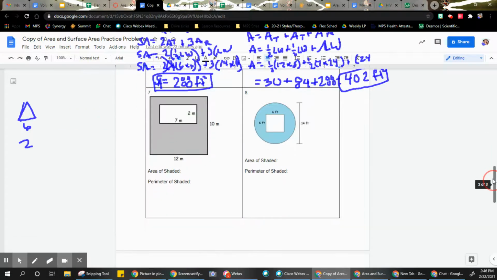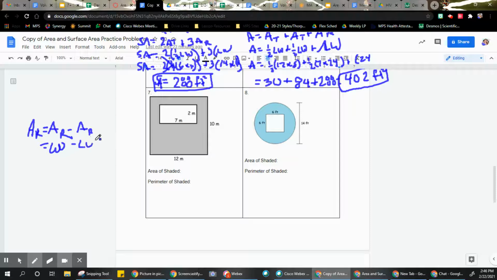Moving on to our next problem. It now says find the area of the shaded region. So I've got to find the area of this square and subtract the area of the square inside to find the area of the shaded region. So I'm going to say area of the shaded region is equal to area of the rectangle minus area of the rectangle. So it's going to be length times width